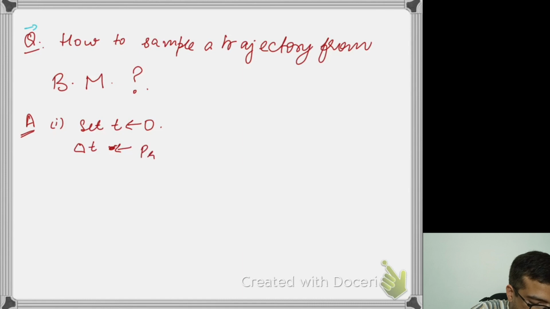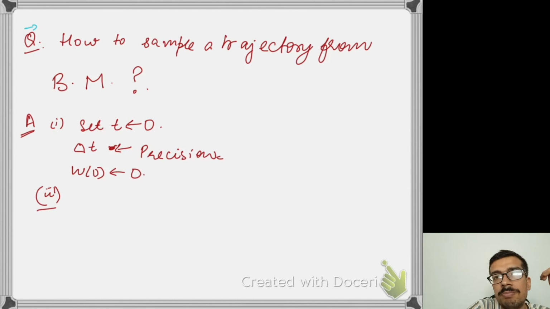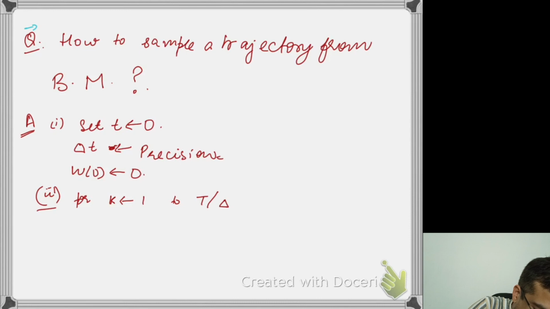So this is how we initialize, and W_0 is of course set to 0. Let us say I want to run it for some time capital T. Then what I'm going to do is, for k in range 1 to T by delta t,